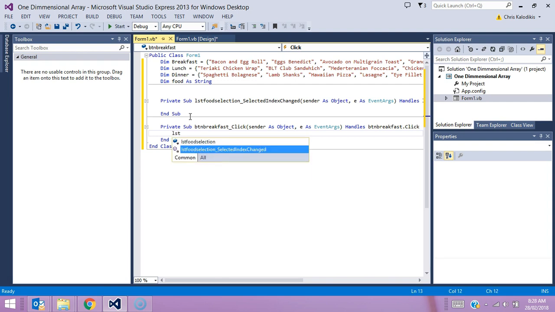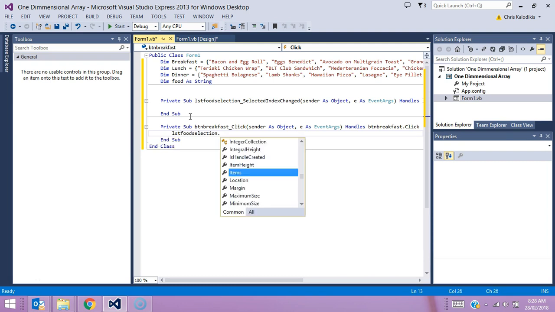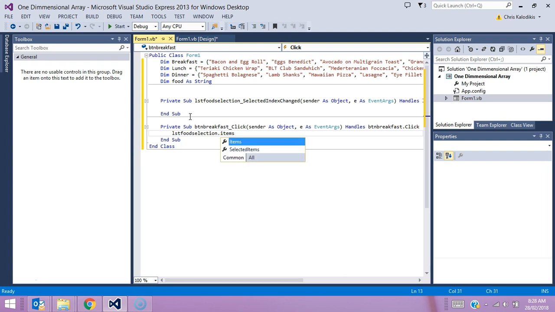up. So list selection, okay, list food selection. Now, I didn't go through the names of all the items on my menu, but list food selection is the name of my list box, okay, dot items, okay, dot clear. Now, the reason I put this clear one is whatever menu is already appearing in that list box is going to be wiped first, because I want a bare list box, okay, for my menu to go